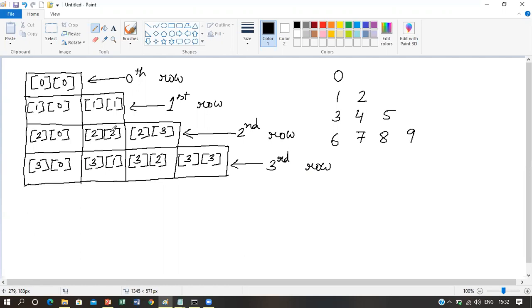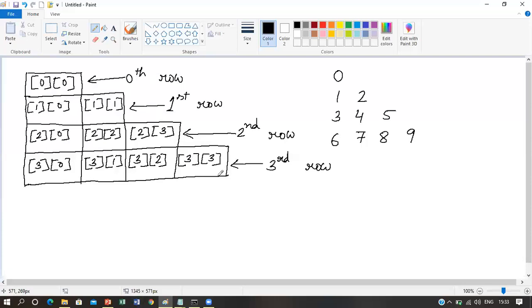So this is one of the situations where using the manual declaration of columns is very much helpful for 2D arrays, where you can omit the rightmost dimension or the column dimension of the array while declaring and allocating memory for it, and then you declare the column dimension manually. This type of array declaration is very much helpful if the condition is something like this, where the number of columns is varied for each of the rows.